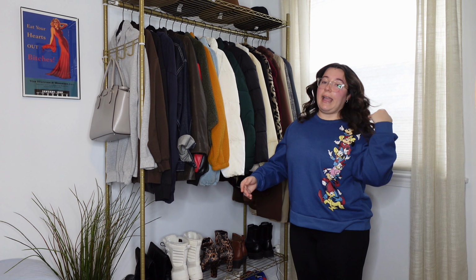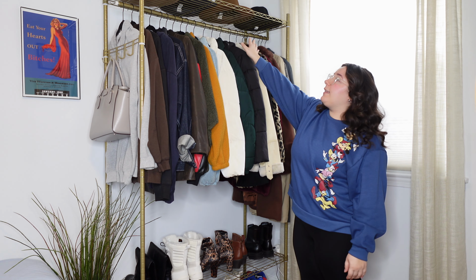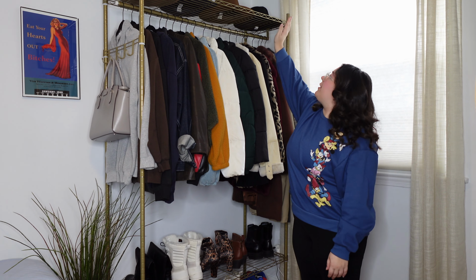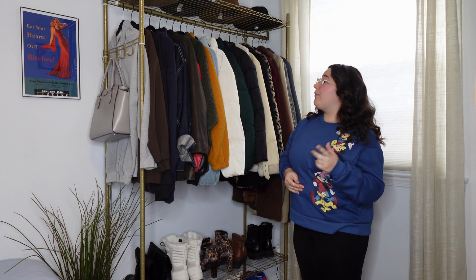It still has wheels so I can move it around if I needed to, but it's got 10 times more storage. I now have 3 rows of shoes. I have the hats that I had on the wall up here because I don't know what to put up there. I could put storage, but then there's just too much. I don't really know what to do, but I do pretty much wear all of my jackets except for one